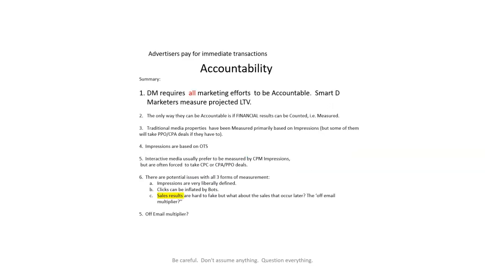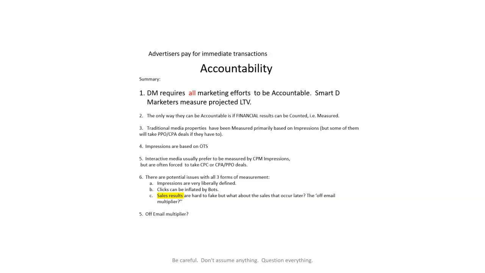So when we pull it all together, here is where we're coming out on accountability. Direct marketers measure projected LTV. Financial results mean accountable. Traditional media are measured primarily on CPM, but some of them will take PPO, CPA deals if they have to.